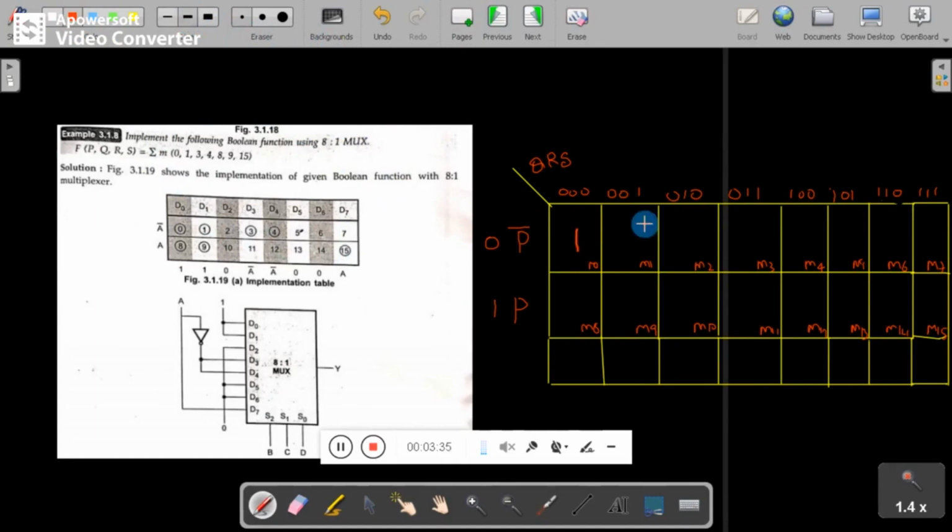Similarly, we have min term 1, 3, 4, 8, 9, and 15. In the rest of the places we will put 0.